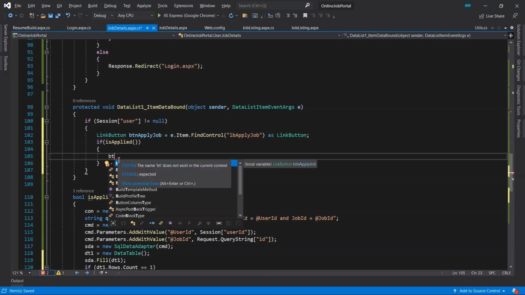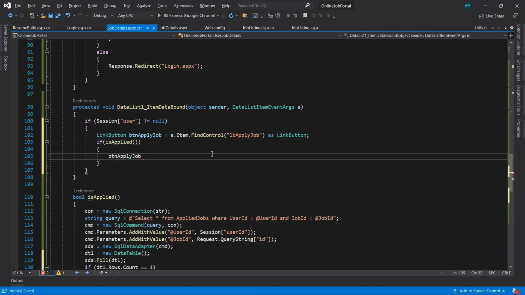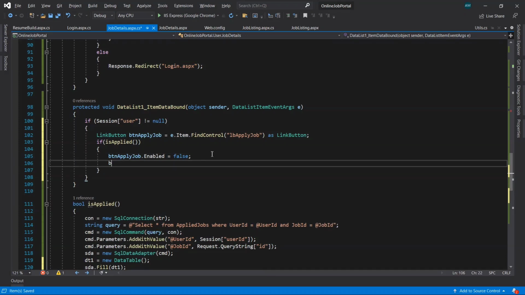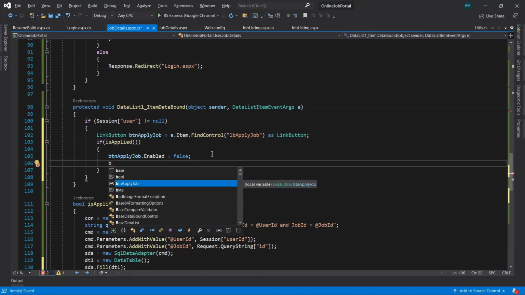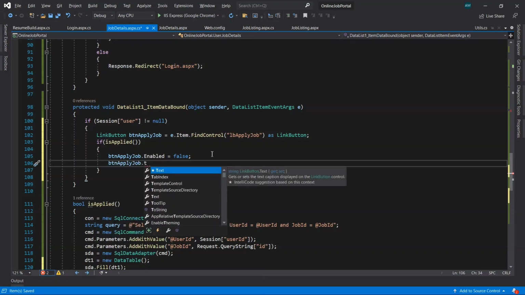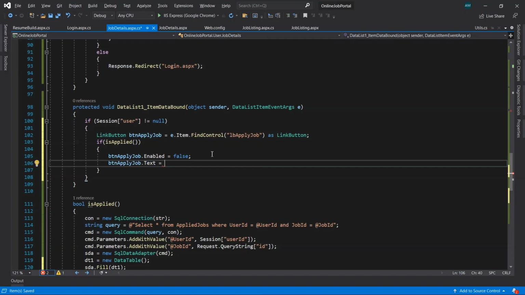When they are about to click, they can't click that button. Okay, so that is btn apply job dot enable will set to false, so button will be there but user can't select that button. Okay, now we'll change the text also from apply now to applied, because the job has been applied by the user. Okay, so they come to know that job has been applied by the user.